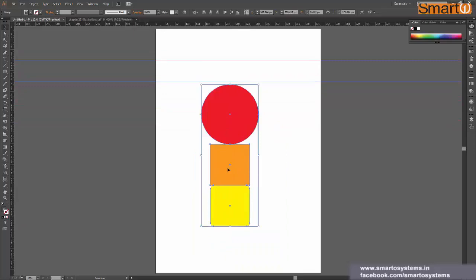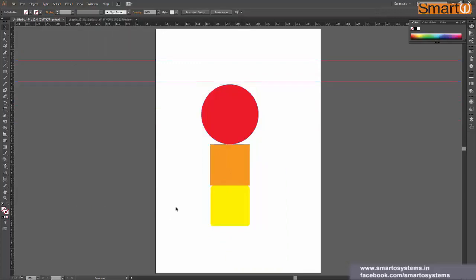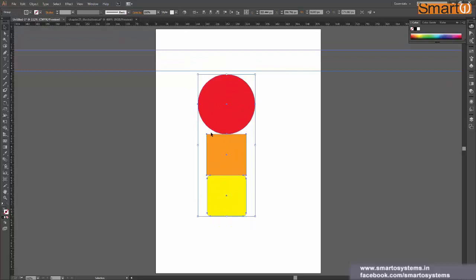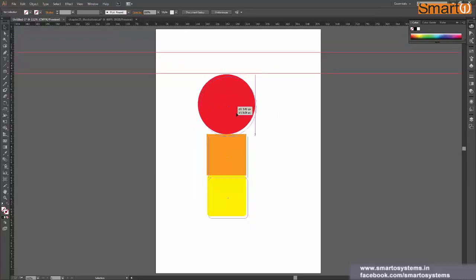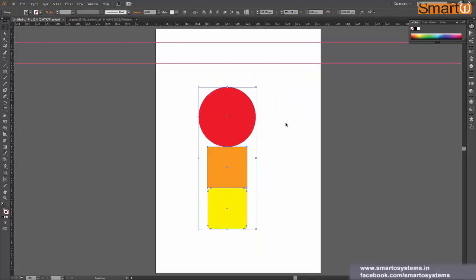That's why we should lock guides from here, View, Guides, Lock Guides, before making these kinds of groups, or before starting work on our artwork, because we might accidentally group some of the guides along with the shapes, and then you have to ungroup again, select the shapes only, and group them to make it work. So just be careful about this, because I do it a lot of the time.